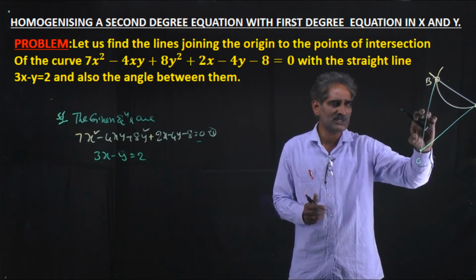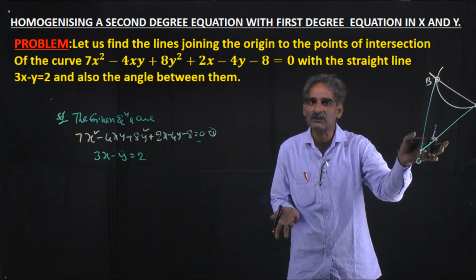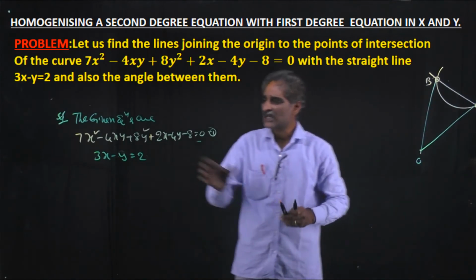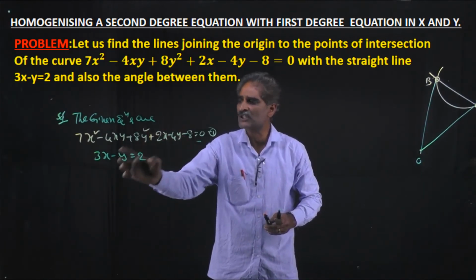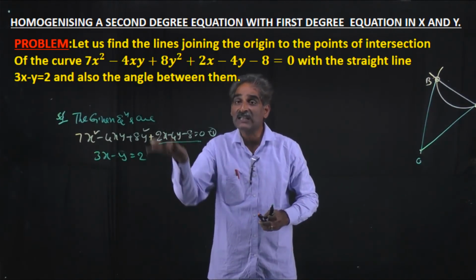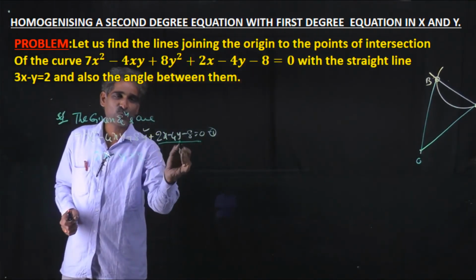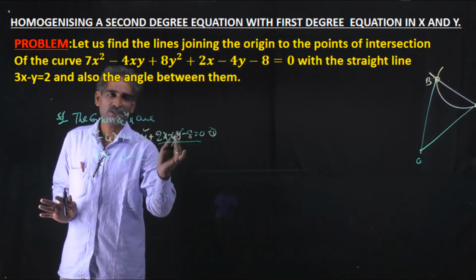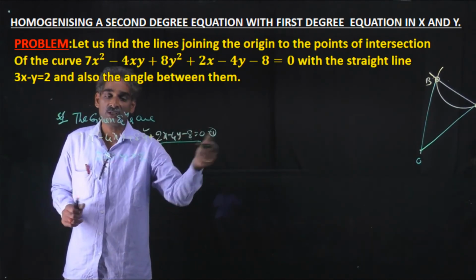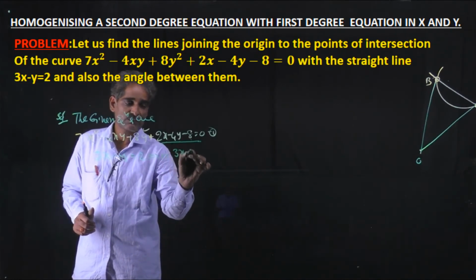That means this represents two lines passing through the origin. Again, this represents a homogeneous second degree equation. A homogeneous second degree equation represents lines passing through the origin. So we have to convert this equation into a homogeneous second degree equation with the help of this. That means we have to convert the first degree terms into second degree terms with the help of this. So the help is required for 2x, 2y, 4y and 8. Already the other terms are second degree. We have to change the first degree terms into second degree with the help of this. Here from this we can write 1 is equal to 3x minus y by 2.